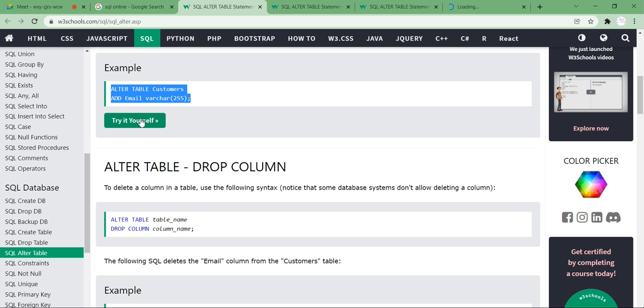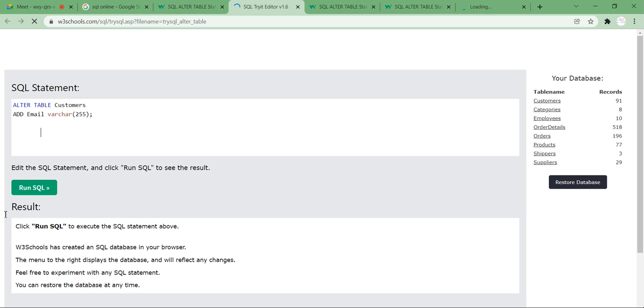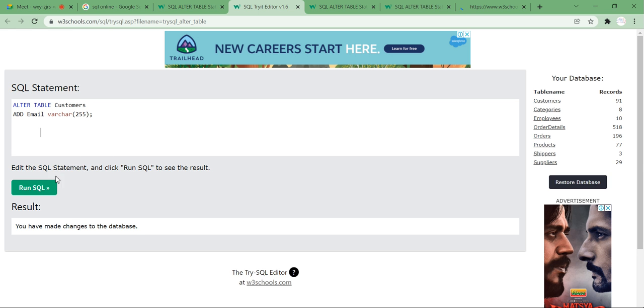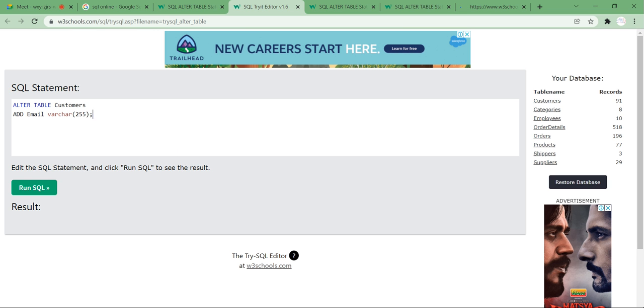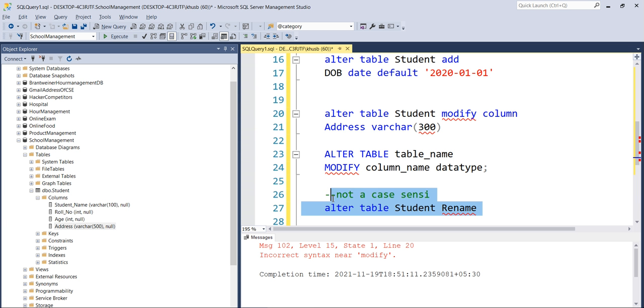So I can use this W3. Okay, so here what we have done is we have a table called customer, and I want to add an email. So I write something like this, and I'll just run this command. And now let's write this command in our online one.